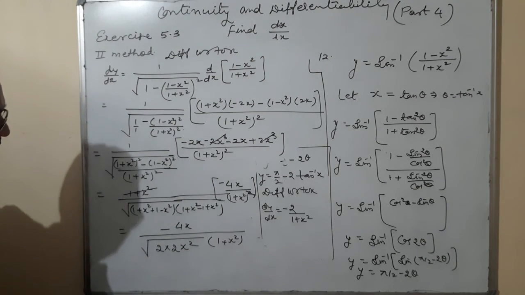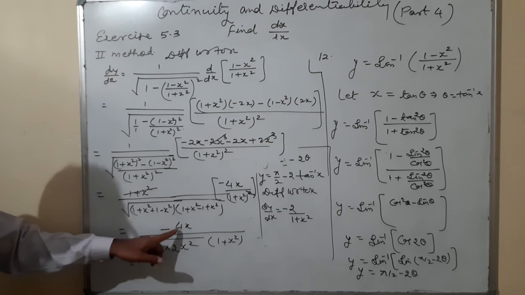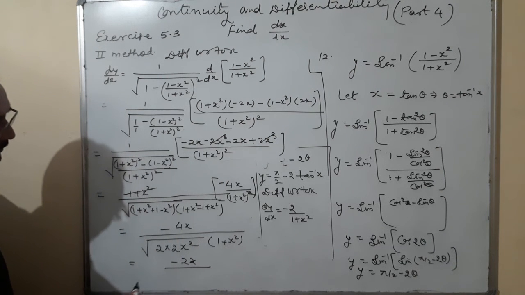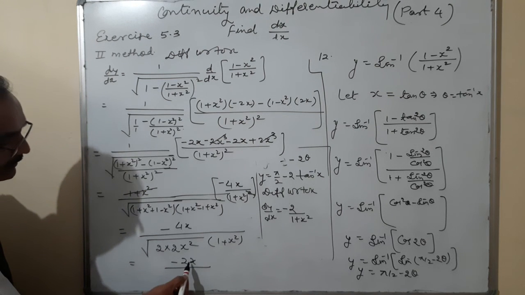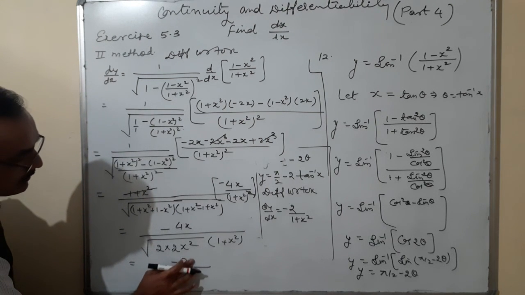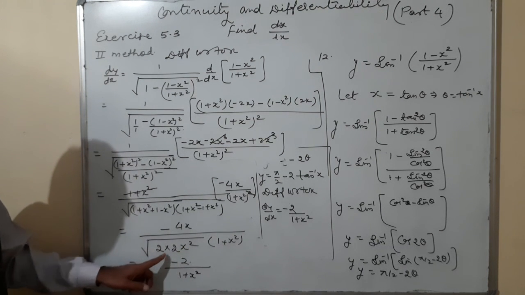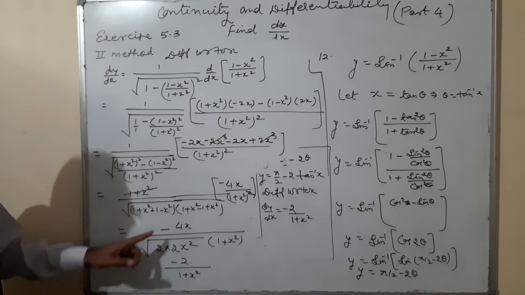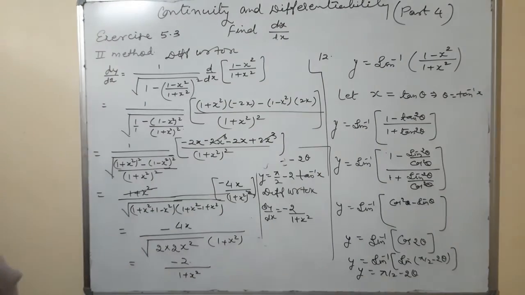Now you can check the solution. 2 2s are 4, there's one pair of 2, so 2 is coming outside, 2 will be cancelled by it. 2 2s are 4, so it is coming minus 2x upon, and this x will be cancelled by x square if it is coming outside. So directly I write here minus 2 upon 1 plus x square. Because 2 2s are 4, x square is coming outside of the root. What is coming here? It is 2x. So x cancel, 2 2s are 4, minus 2 upon 1 plus x square. You will see that both the answers are same. So this is the alternative method also we have when we solve the questions.